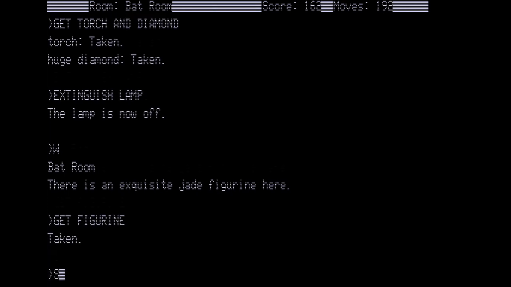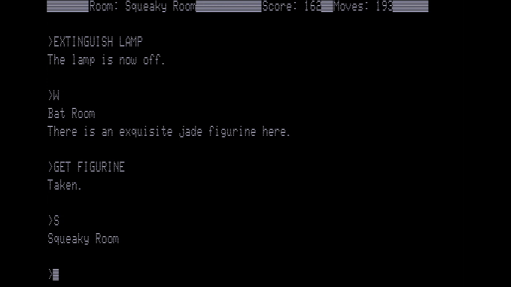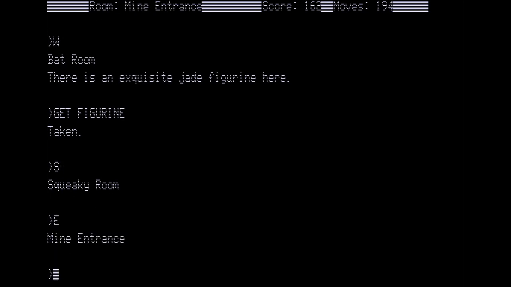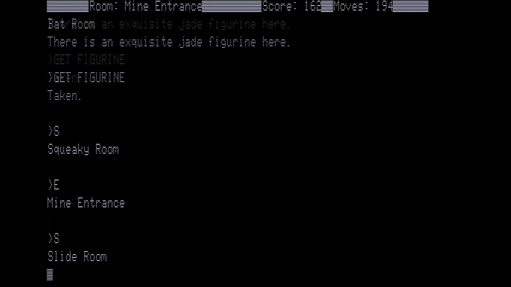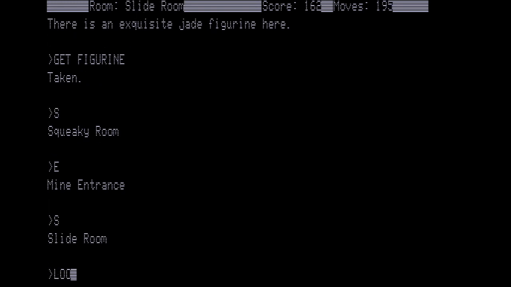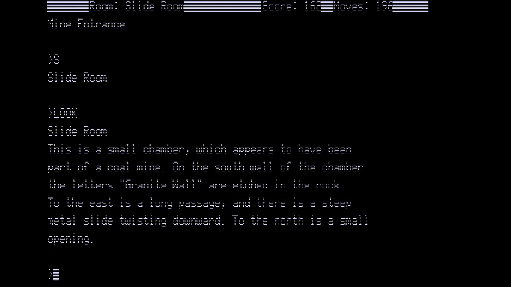and then we go south to the squeaky room, east to the mine entrance, south again to the slide room. And let's look while we are here, and you'll see this is the slide room. It is a small chamber which appears to have been part of a coal mine. On the south wall of the chamber, the letters granite wall are etched into the rock. To the east is a long passageway, and there's a steep metal slide twisting downward. To the north is a small opening. We want to go down,